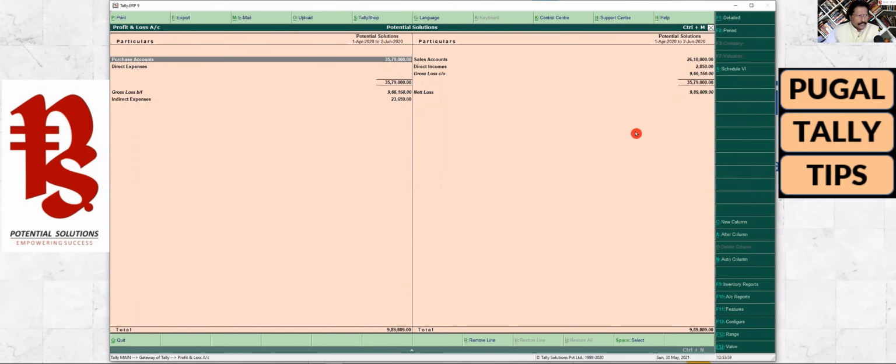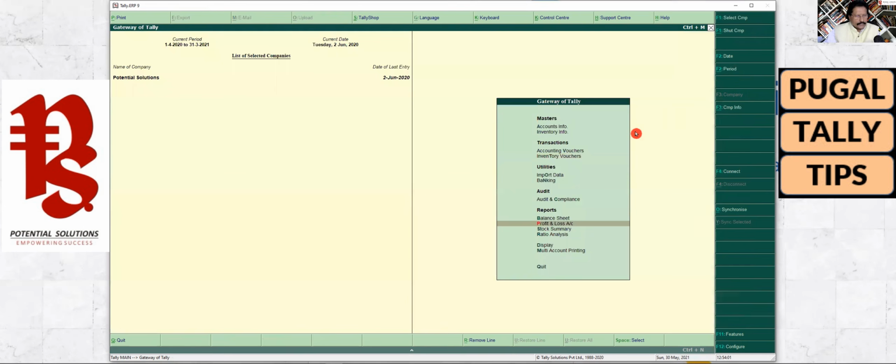Now let us go to my stock summary, and we will see, especially the i7, what is the stock that I have. So you come to stock summary. Again, we will cover all this reporting in an exclusive session for reporting.